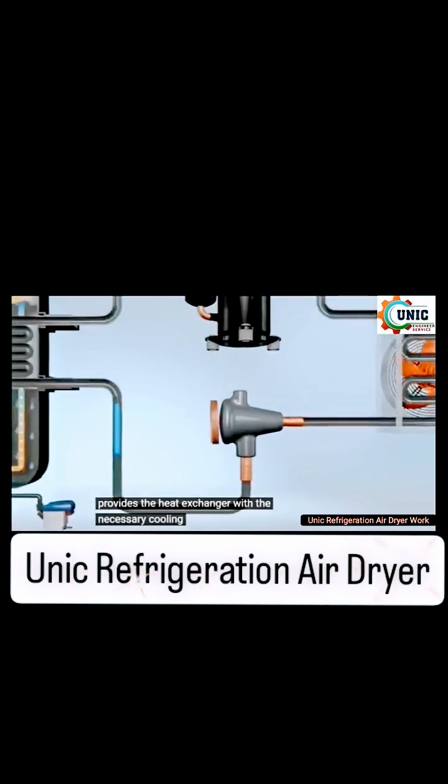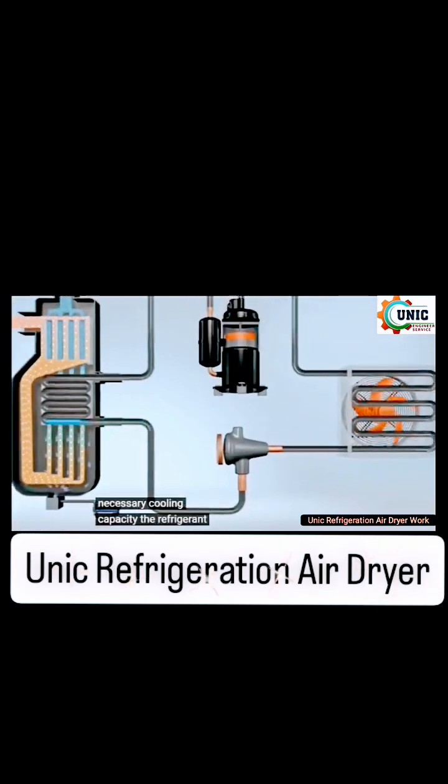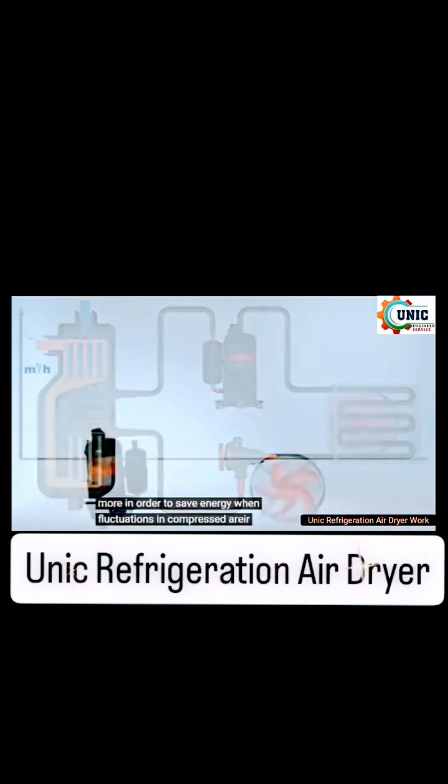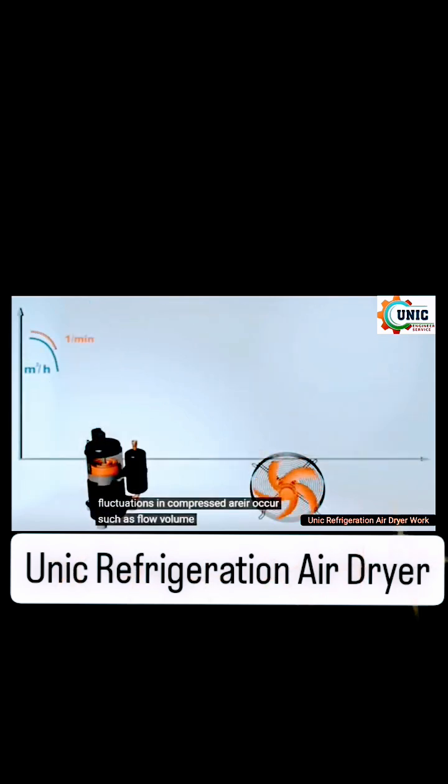the necessary cooling capacity. The refrigerant evaporates and is drawn in by the compressor again, and the cycle begins once more. In order to save energy when fluctuations in compressed air occur, such as flow volume, temperature,